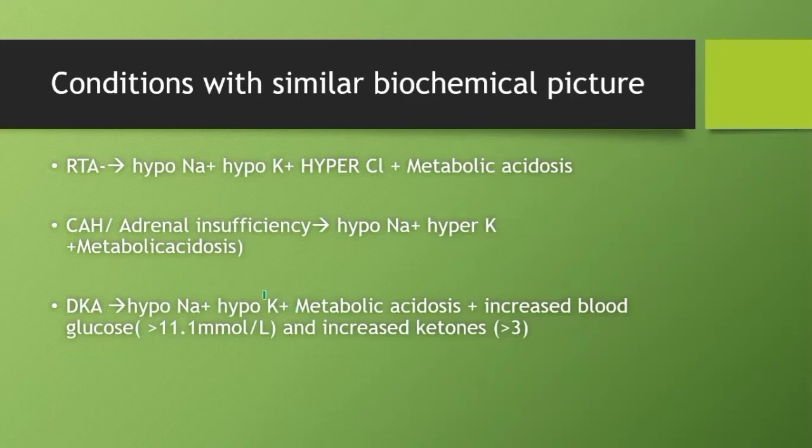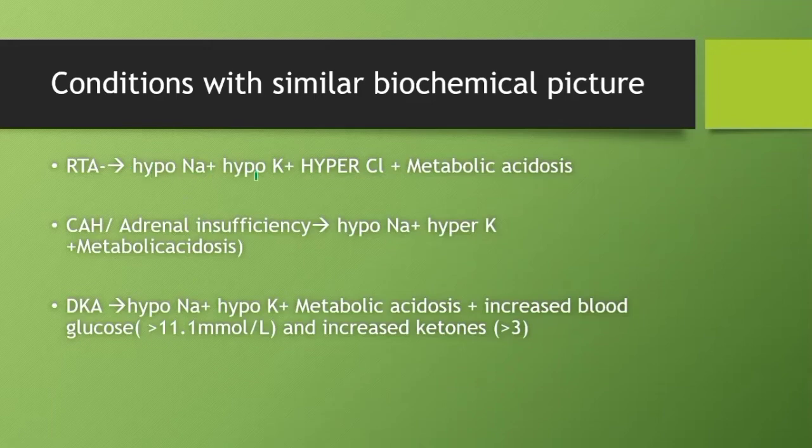There is hypokalemia, so we give potassium 20 millimole per 500 ml, plus metabolic acidosis, and there will be increased blood glucose as well as increased ketones. In the recalls, they are going to give you only the blood picture. They will not give you the diagnosis. The blood pictures are very closely related, but if you look closely and know the pathophysiology, there are certain differences. In this way you will be able to differentiate.